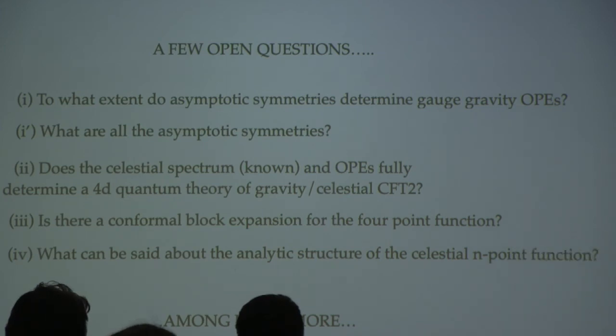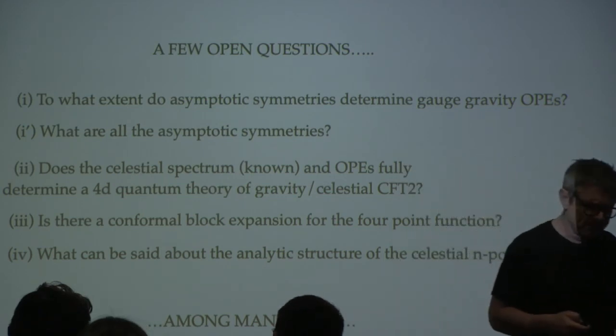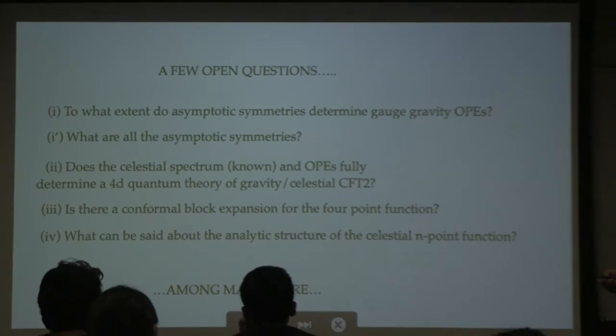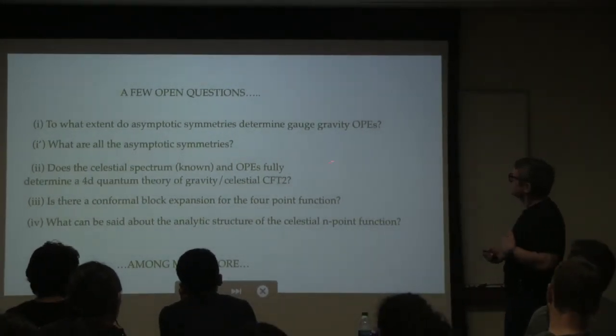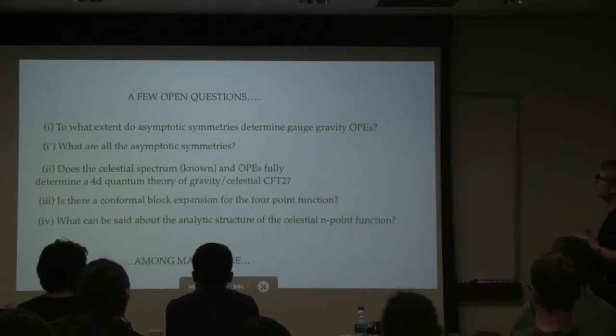How much freedom is left after you impose all these symmetries? There was a long, very nice paper by Gade and Minwala and the group at TIFR characterizing the most general graviton amplitude,